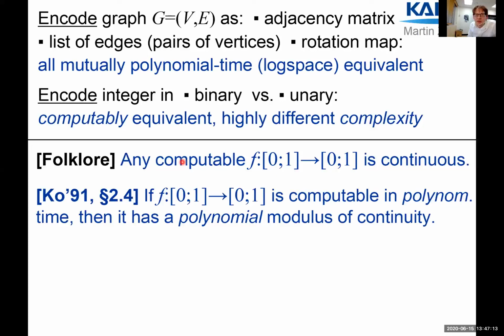A strengthening of this folklore theorem, from qualitative computability to qualitative continuity, has been observed by Ker-I Ko in his 1991 textbook, namely strengthening computability to polynomial time computability. He was able to strengthen the conclusion from qualitative continuity to having a polynomial modulus of continuity, that is, quantitatively. And this is the kind of results that we are looking for